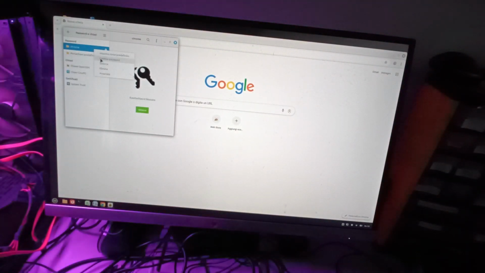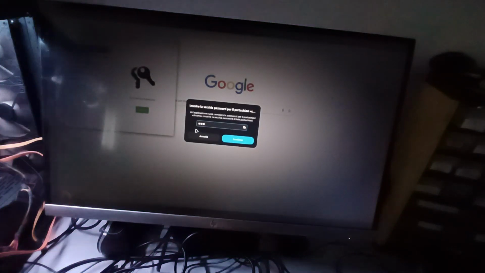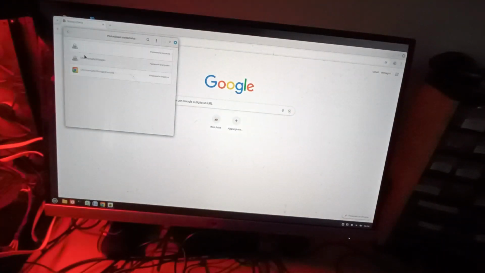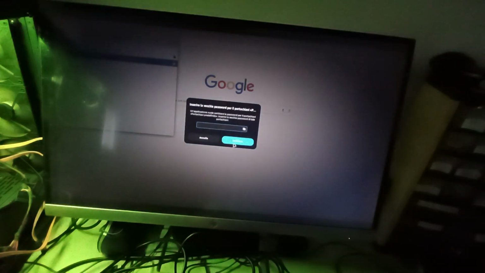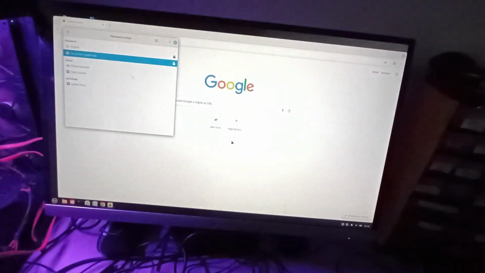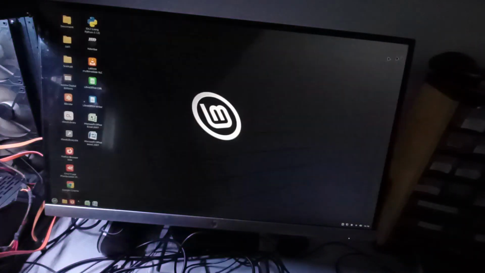The system will warn you that using an empty password makes the keyring unprotected. If that's acceptable for your setup, for example on a personal home computer, go ahead and confirm. Once that's done, close the application and restart Chrome. You'll immediately notice that it no longer asks for a password. The keyring now unlocks automatically without any prompts.